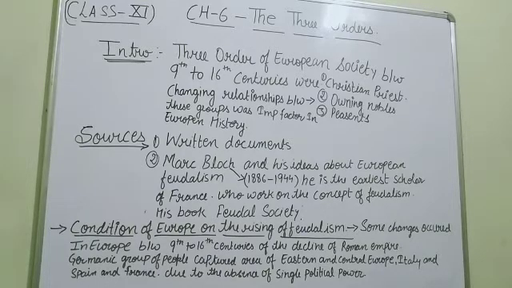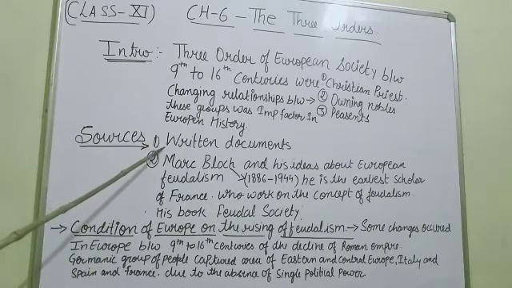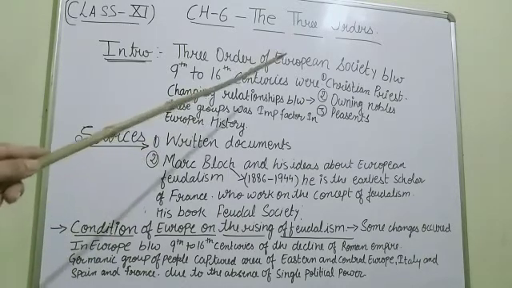So what were the sources by which we can understand European history? About these three groups, firstly there are written documents. Okay, so in written documents some information is about land ownership, prices, legal cases, churches, and records of birth, marriages, death. They also tell about trade and traders. So written documents give a lot of information about this European society.